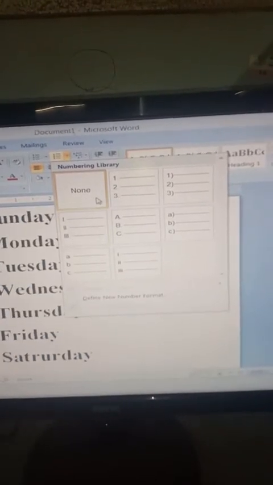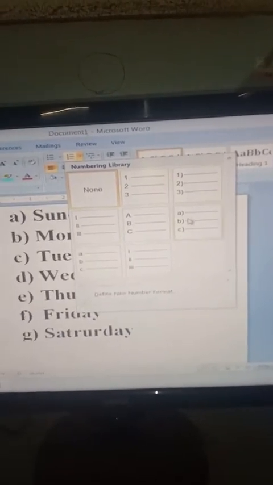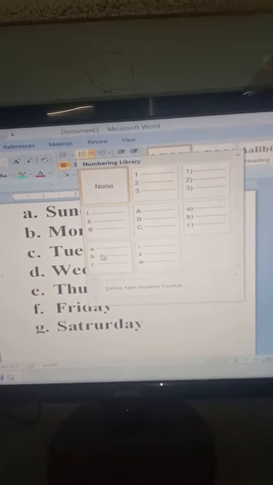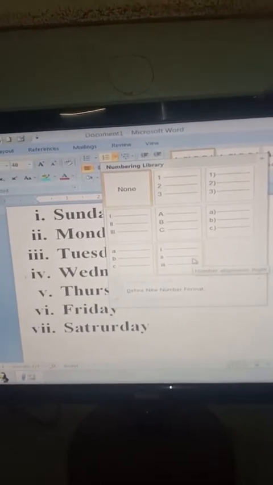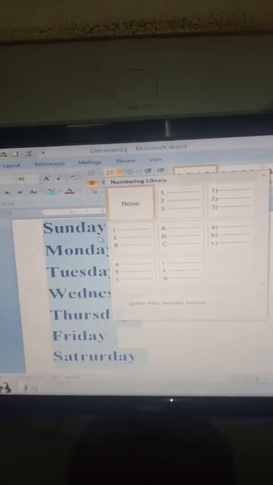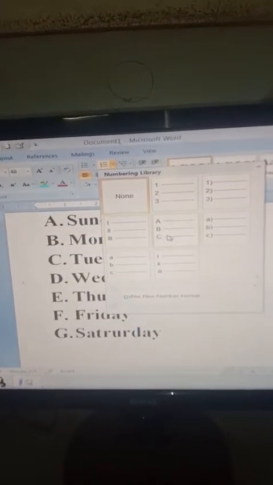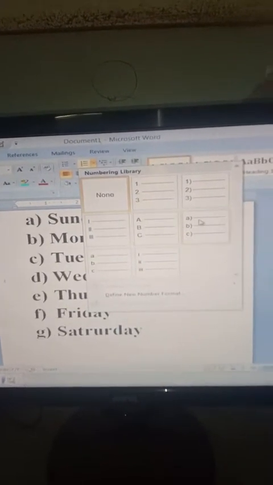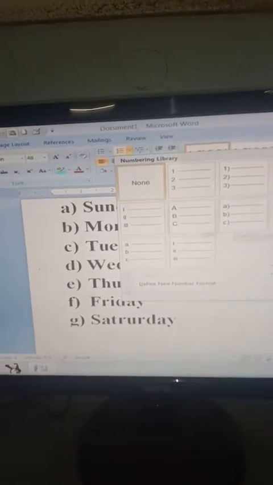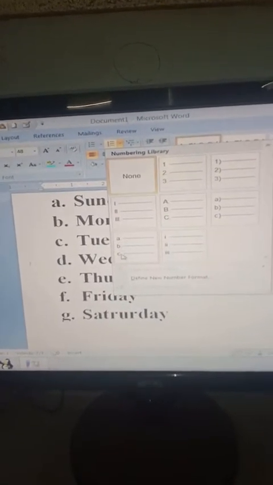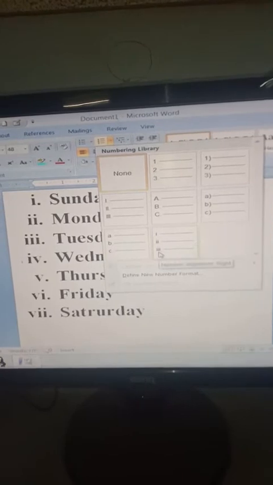As soon as I left click over here, look, different types of numbered list appeared in the window, like 1 2 3, 1 2 3 inside the bracket, Roman numerals, capital ABC, small abc with the brackets, small abc with dots, 1 2 3 again.